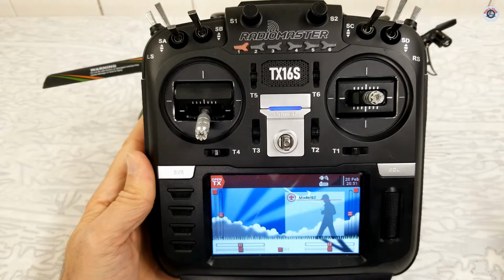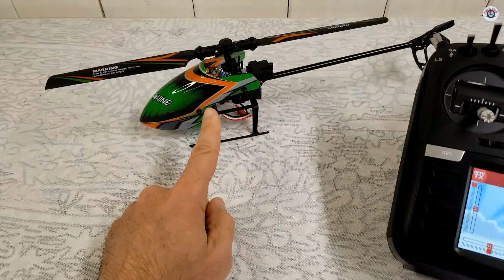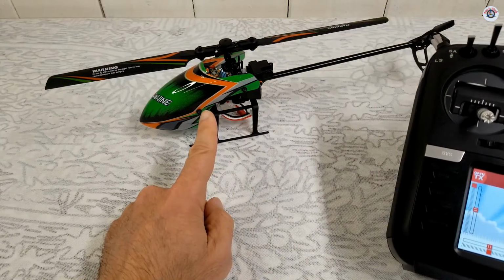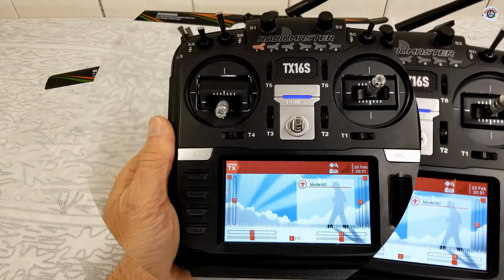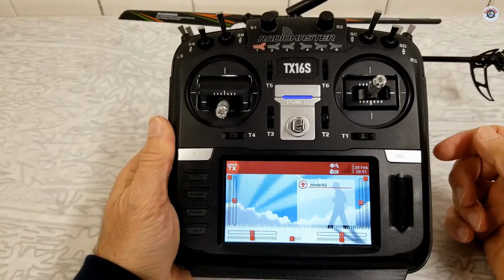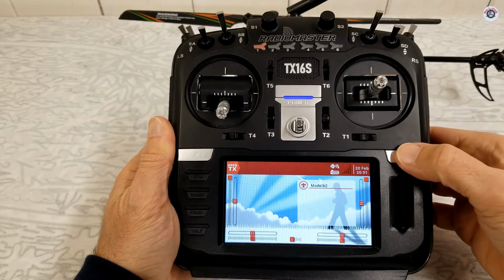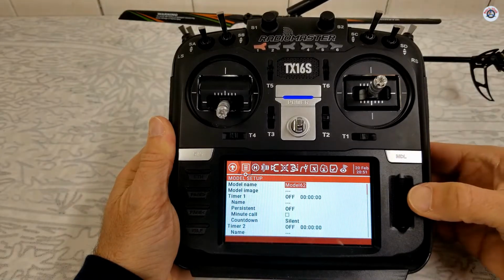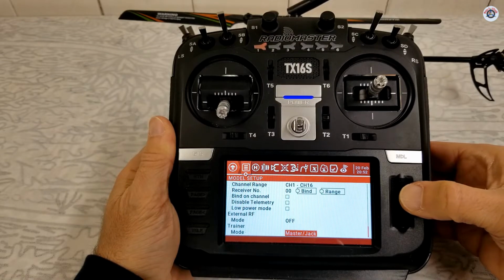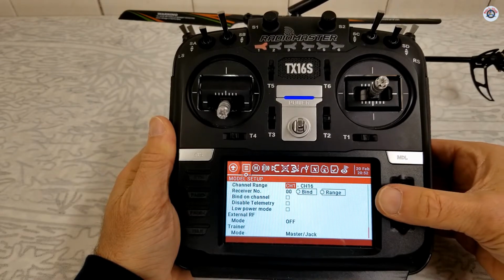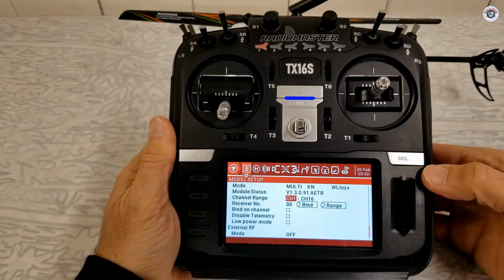One of our viewers requested to show how to bind and set up the Eachine E130 helicopter to the TX16S. So here it is. First thing you need to do is to check the version on your TX16S. To do that, long press on MDL and then go up using the wheel, push it towards left. And it will come over here, and when you go up here, module status is the version